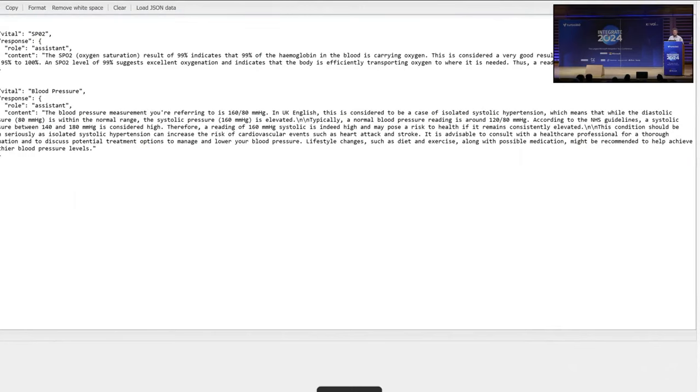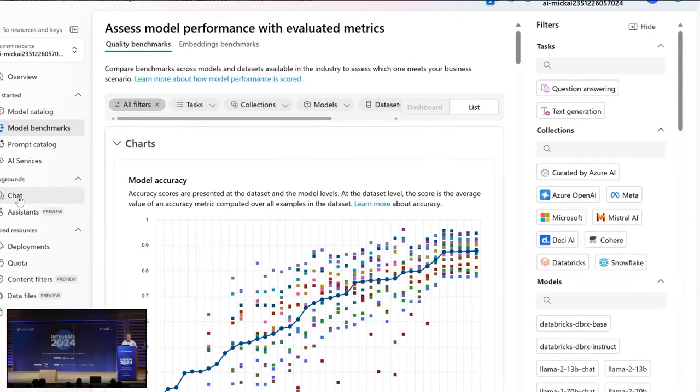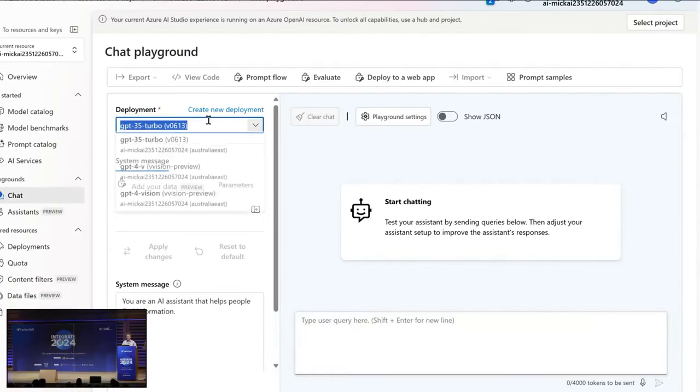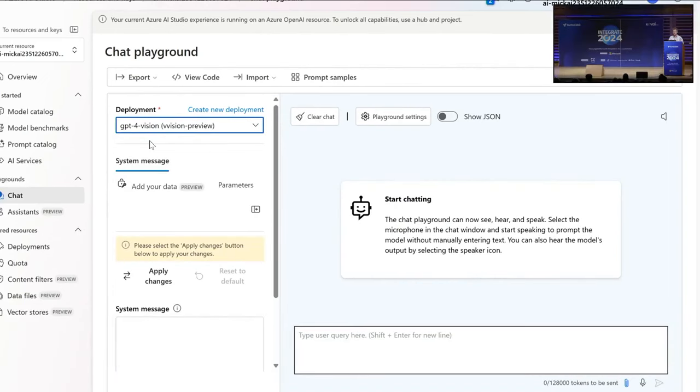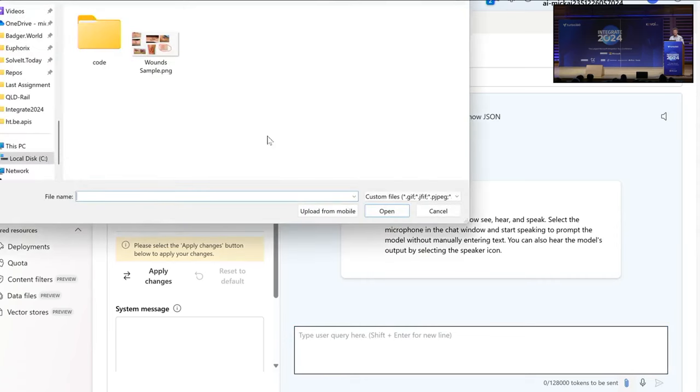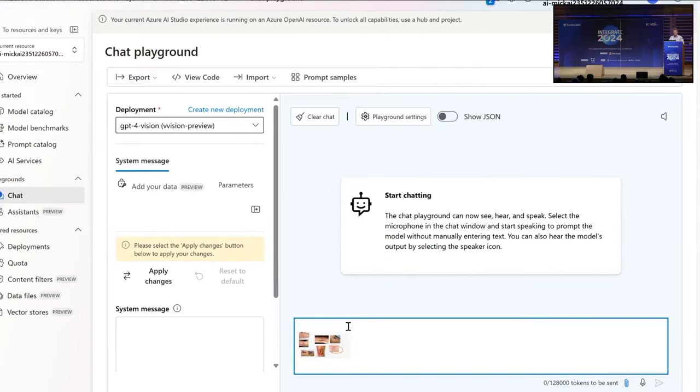So just to go back to AI Studio. I'm going back to AI Studio because I can plug in some vision type capabilities in here. And once again, doing this, in the last 3 weeks, it almost made this irrelevant, but it's fascinating. So what I'm going to do now is basically just upload that photo, and I'll say, tell me